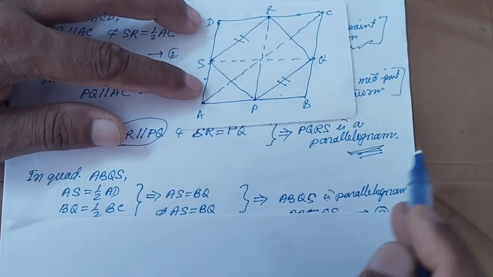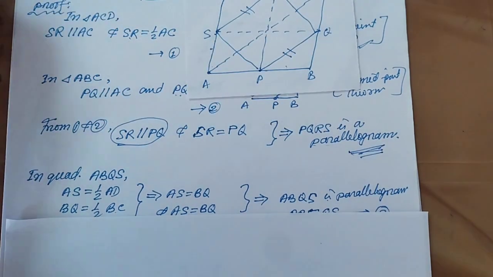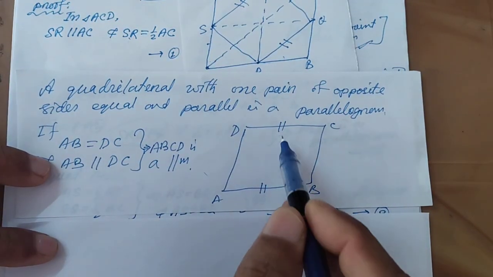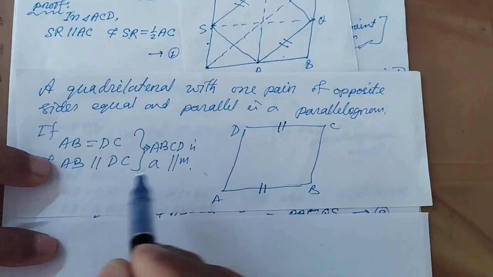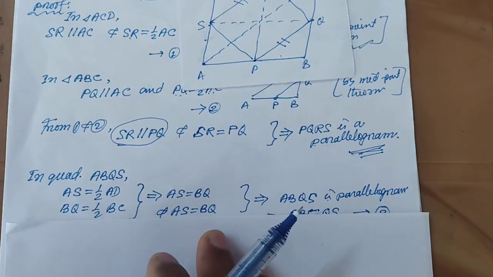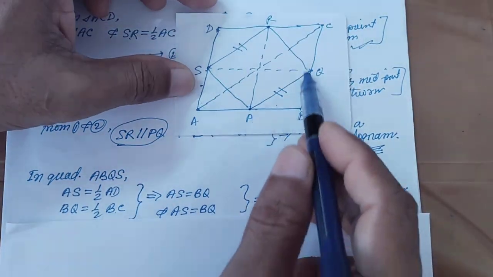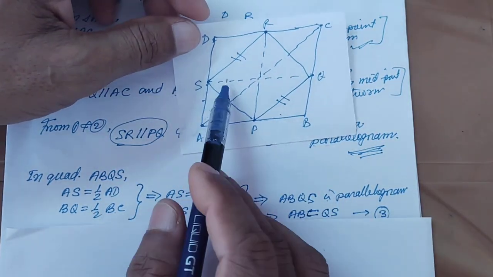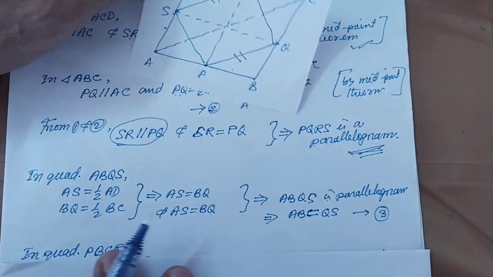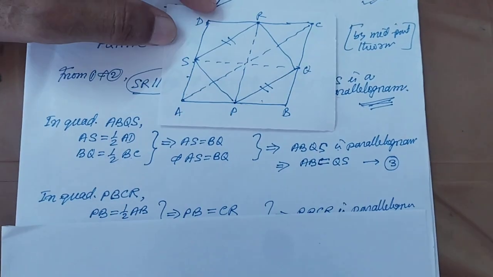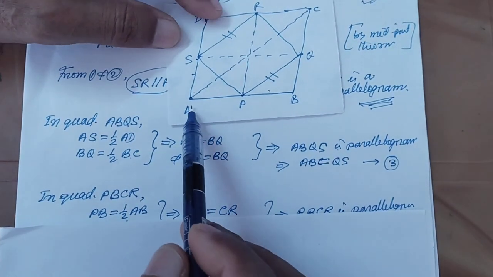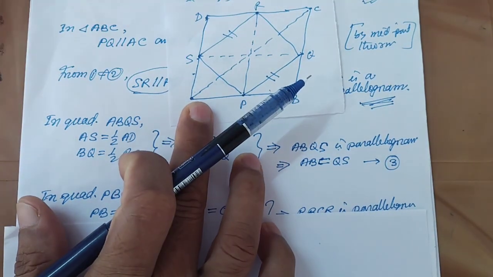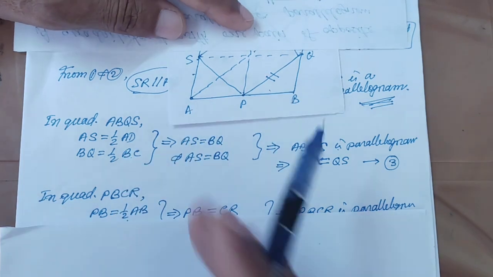We have already proved it is a parallelogram because we have a theorem: a quadrilateral having one pair of opposite sides equal and parallel is a parallelogram. So now we have already proved PQRS is a parallelogram. Now we will only prove that it is a rectangle. That means it has equal diagonals. So now I'll take out this quadrilateral ABQS, only this part,